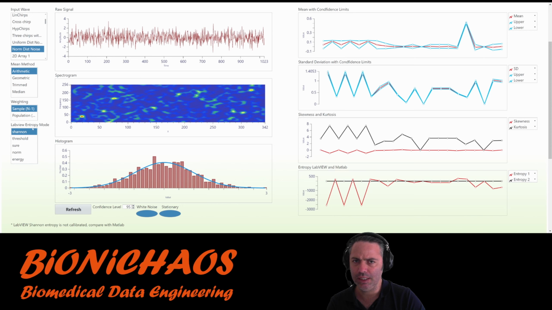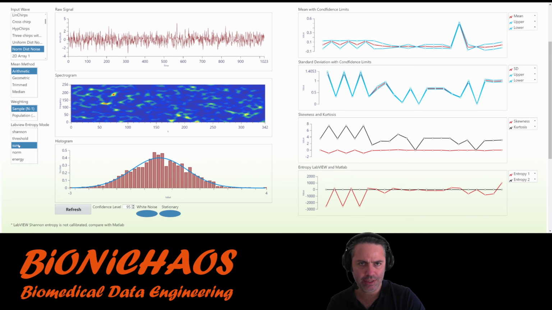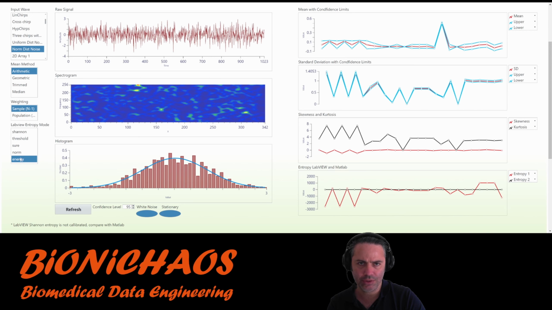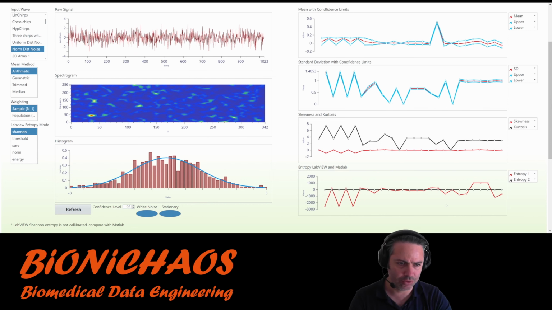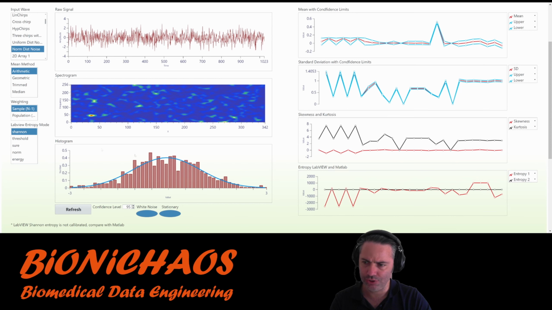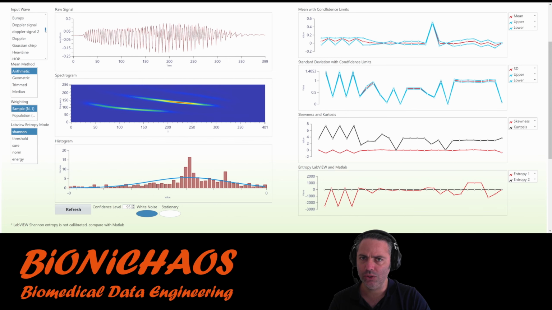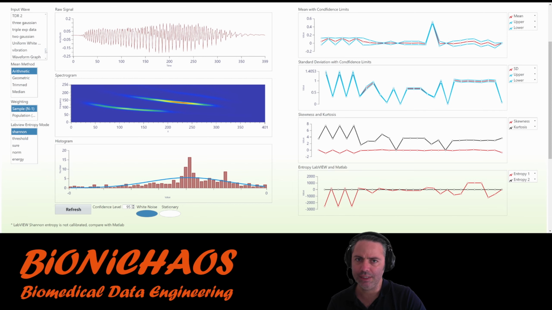here. Red is the LabVIEW model, so you can select different types of entropy calculations. Shannon entropy is the default option, and the black indicator there is actually not zero. It's actually doing something. It's a MATLAB calculation of entropy, and that one is normalized. That's why the numbers are much lower. So play around with this. There are many more types of signals that you can look at, and let me know if you have any other examples that you would like me to add to this.